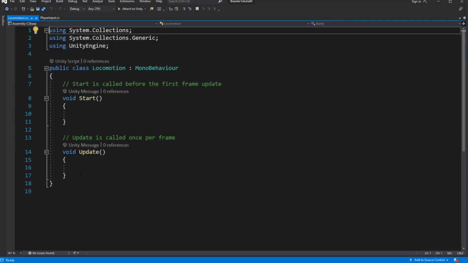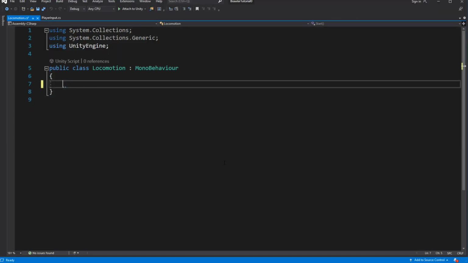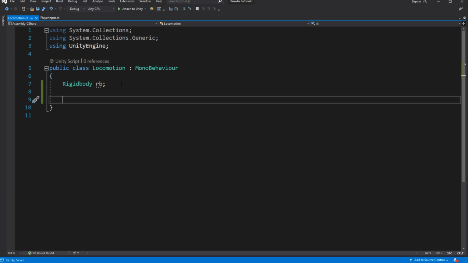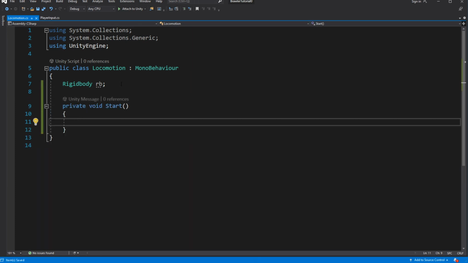Select the player object and create another new script called Locomotion. We will have to store the reference to the rigid body, so create a private variable of type Rigidbody. Store the reference to the rigid body on the Start.